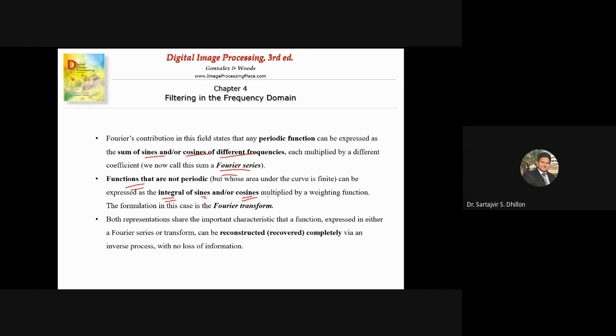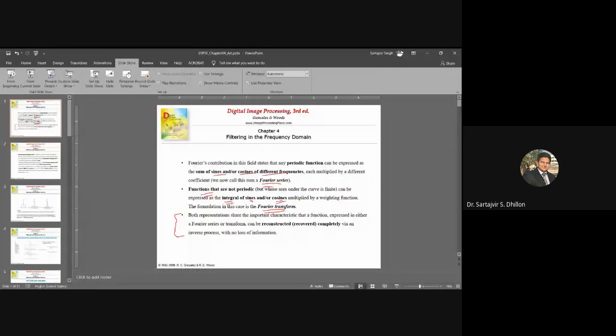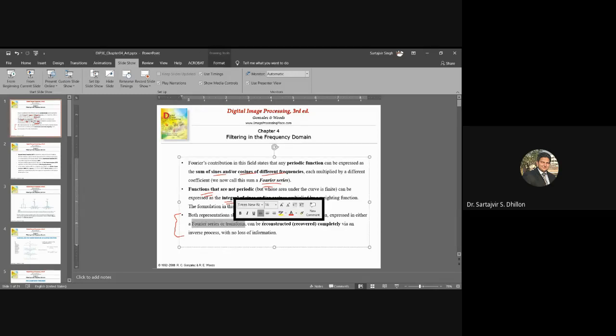And hopefully you have already done this in signals and systems, that is the Fourier series and the Fourier transformation. And there is one more important property. Both the representations share the important characteristic that a function expressed either in a Fourier series or a Fourier transform can be reconstructed or recovered completely with the help of an inverse process without any